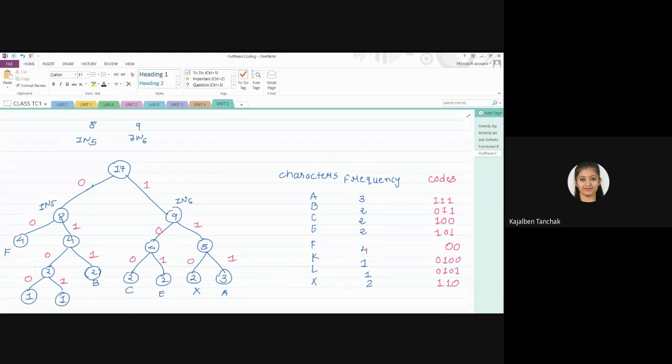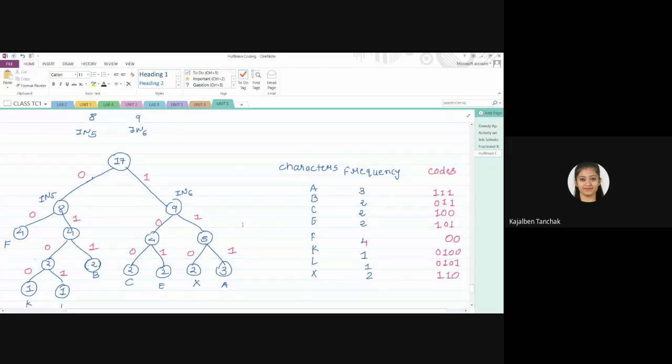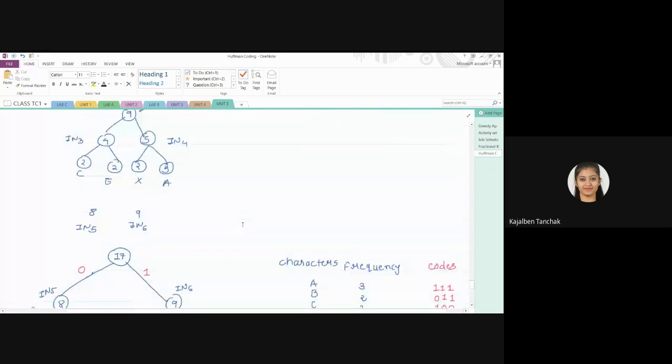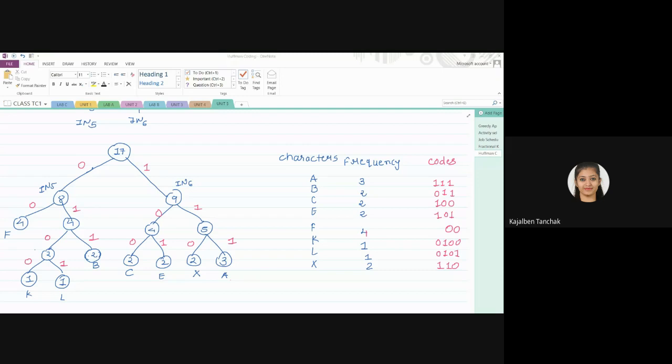Fine. So is everyone getting the same answer, or is there any doubt? Or is there any different answer? I guess everyone is getting the same answer and same code. Yes or no?